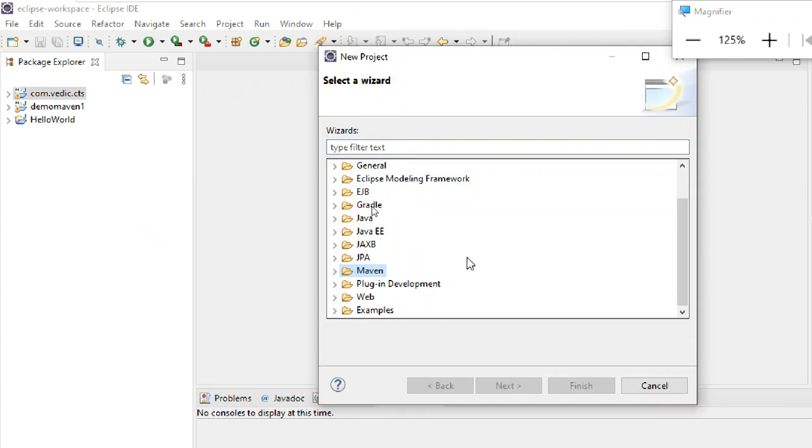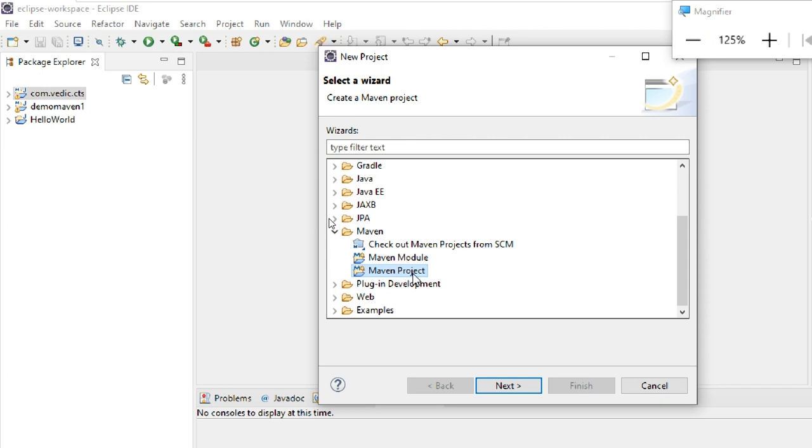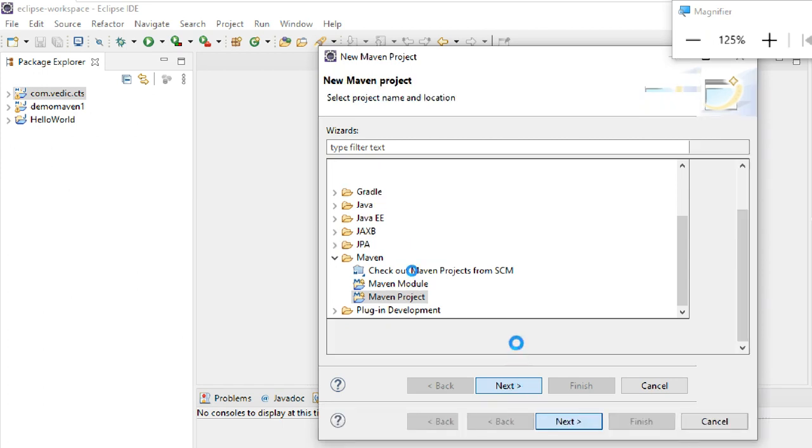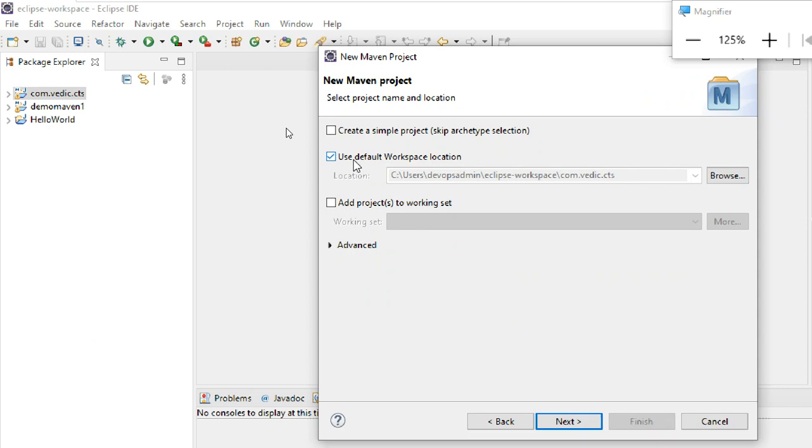So it is a list of projects: Maven, and if you are putting an Ant plugin, then Ant also will show like this, Gradle like that. So this is Maven. Already I added a Maven plugin here, already there inside Maven project. Next, okay, yeah, it's a default location, meaning Eclipse workspace only.